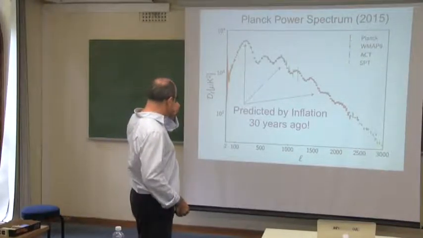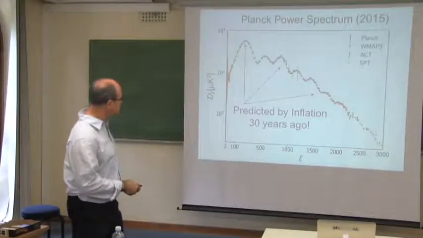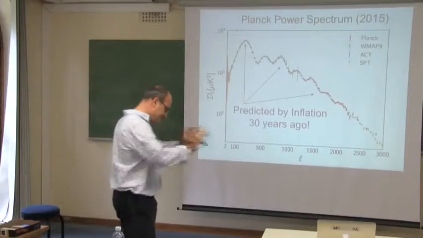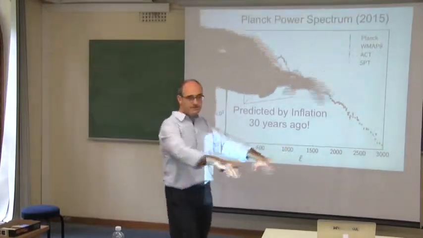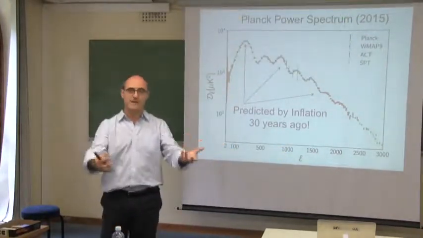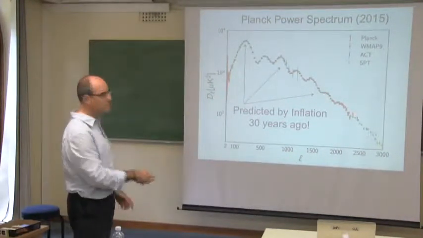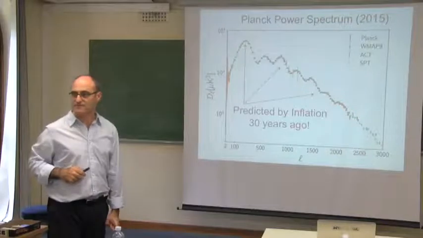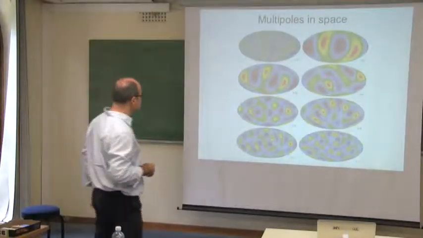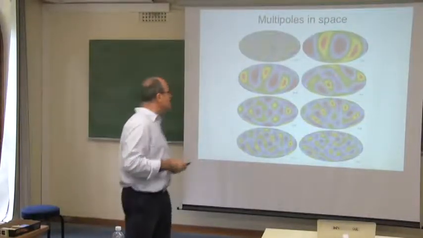And the reason is that there is a paradigm, that is inflation, which sets up the stage for the rest of matter to behave according to its principles. If it weren't for inflation, we would not be there. We would not be able to get such a curve. Now, what are we really looking at?